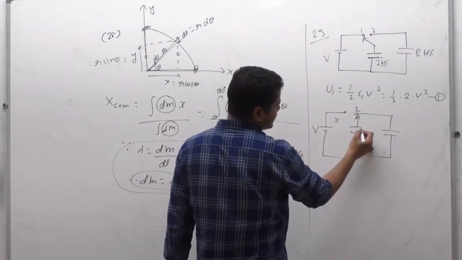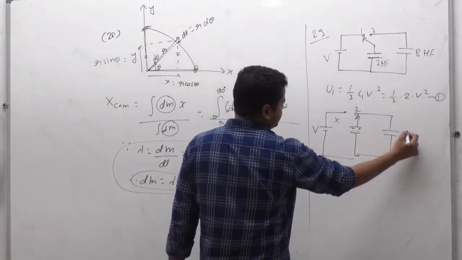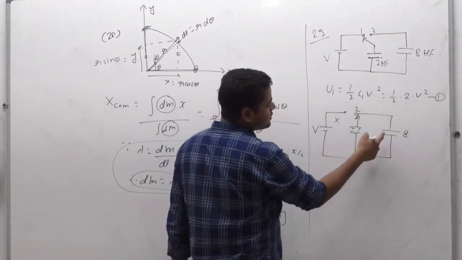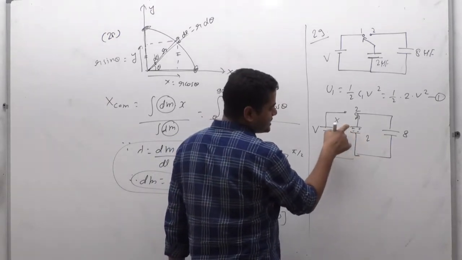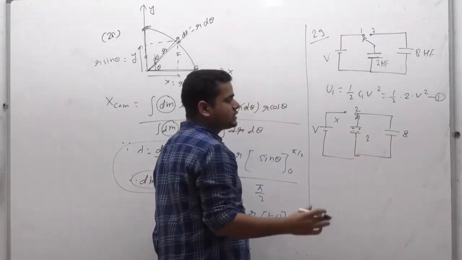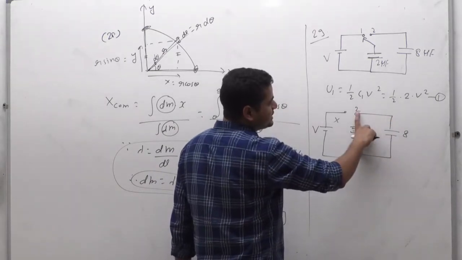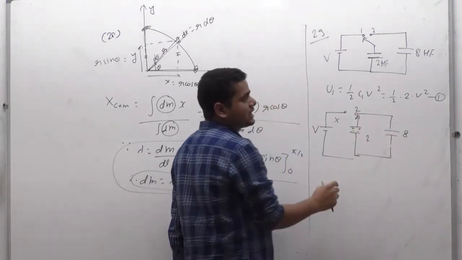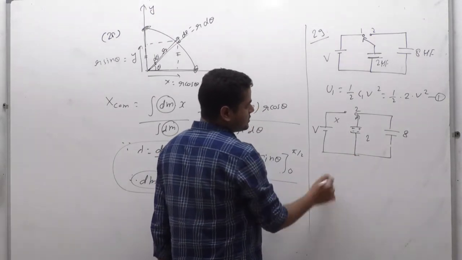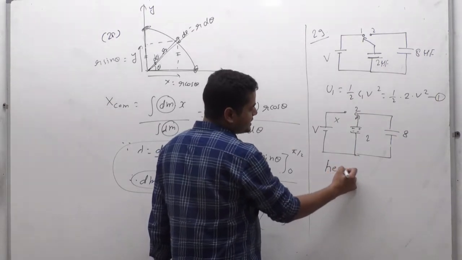So this is charged, earlier it was charged. Now this is 8, this is 2 microfarad. So this is the discharging of the capacitor. Charge of capacitor 1 gets discharged by capacitor 2, and finally it will get stored in such a manner that their potential differences will be equal, because these two are connected in parallel. And you can remember the result also, the result for heat loss. You can remember simply the result like this.